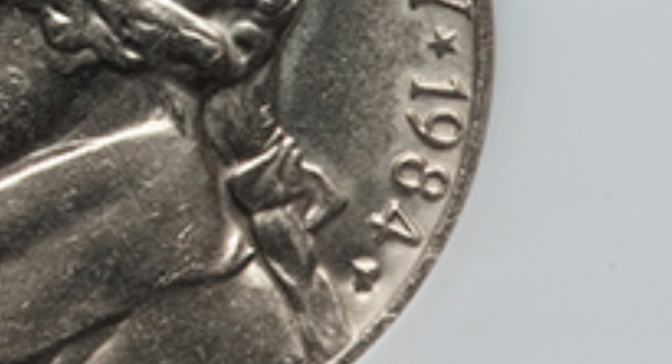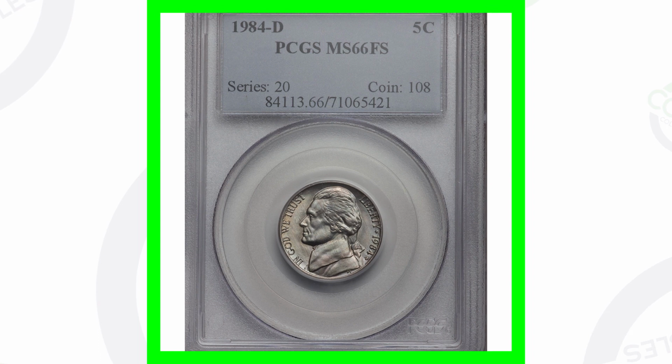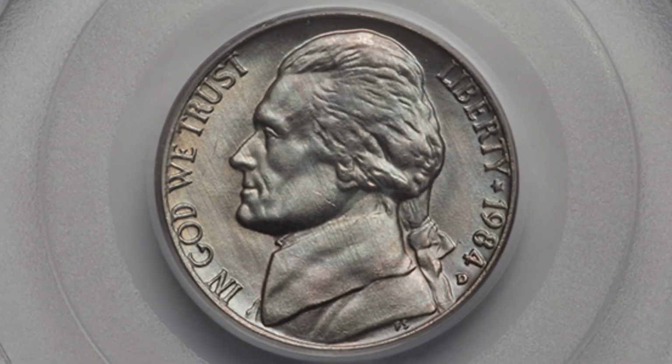So here's an example of what the mint mark looks like, what it's supposed to have. This is missing a mint mark. So this coin here sold for over $150. So always be on the lookout for that. 1984 missing mint mark. Alright, so here is a 1984 D mint mark that sold for over $250, and here's